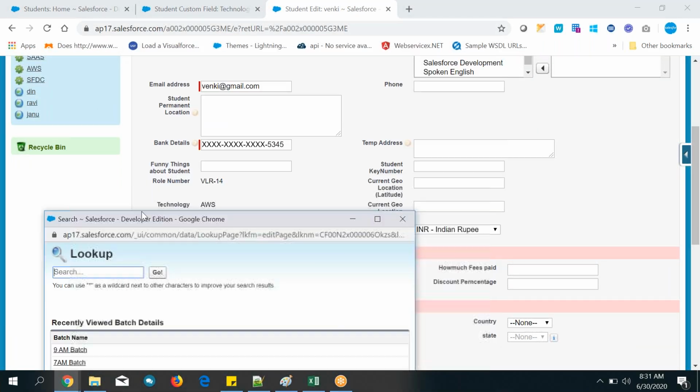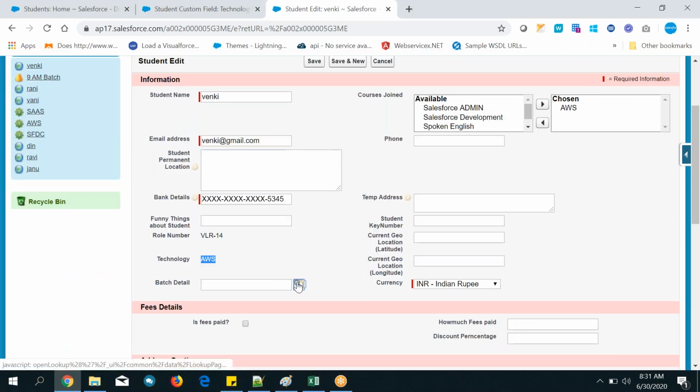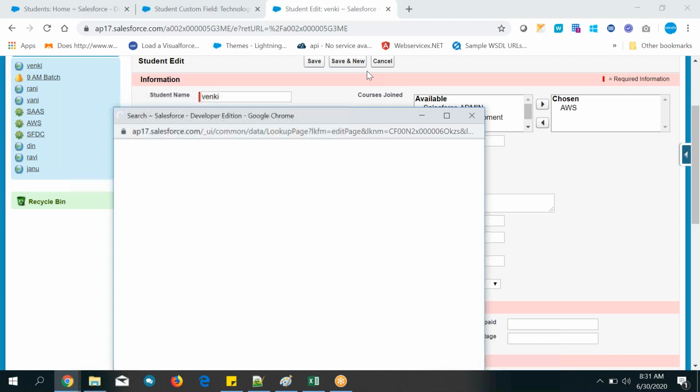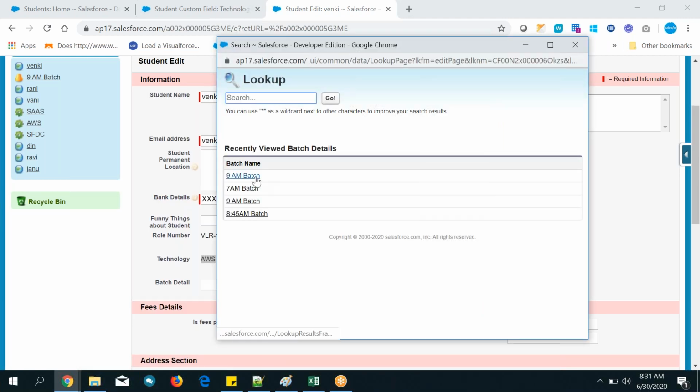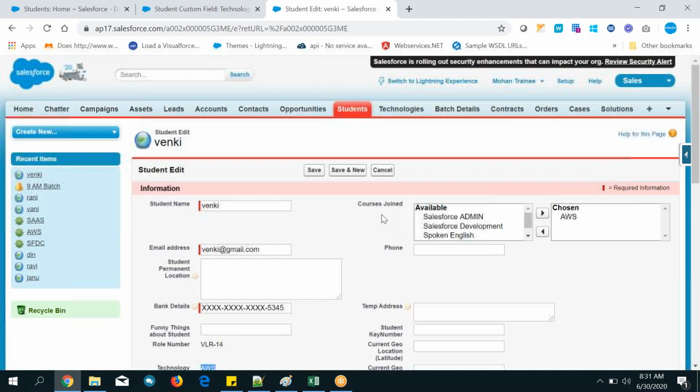So Vani, what is the technology? Based on the technology, I want to fill it. AWS technology. So AWS technology means what batches are there? I think 9 AM batch, right? Yes, 9 AM batch. 9 AM batch only.